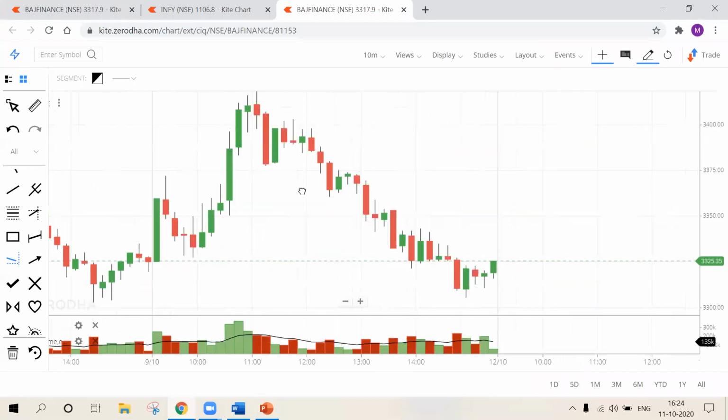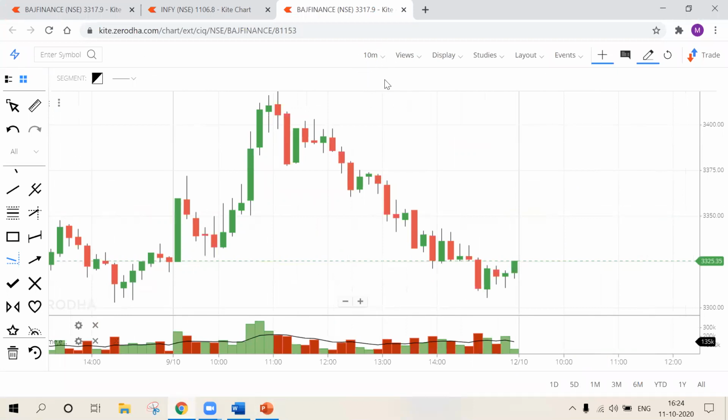So here comes the time frame. When I call it time frame, that includes all the time frames, like 1 minute, 2 minute, 3 minute, 4 minute, 5 minute, 10 minute, 15 minute, 30 minute, 1 hour, 2 hour, 3 hour, 1 day, 1 week, and 1 month. These are all the time frames that every broker provides. So we need to be using all these time frames while trading. I'm going to explain when to use which time frame, how to use it, and how to take decisions depending upon the time frame analysis, in upcoming sessions.